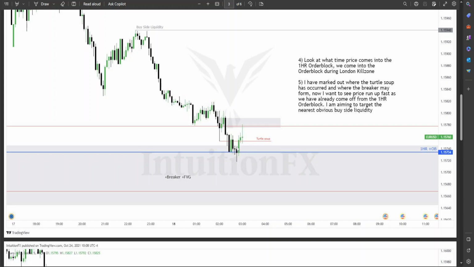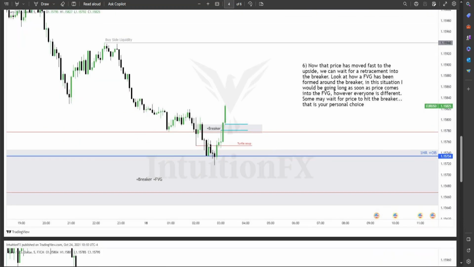So I'm just waiting for price to show me that run. I won't enter before it. I'll wait for it to show me that run, and boom, here we go. We get that run, exactly what I wanted to see over here. And as soon as price comes into that fair value gap, that's where I'm going to go long, right? That's exactly where I'm going to go long. Not after, not before. I'm going to wait, unless, like I said, price keeps going, gives me another